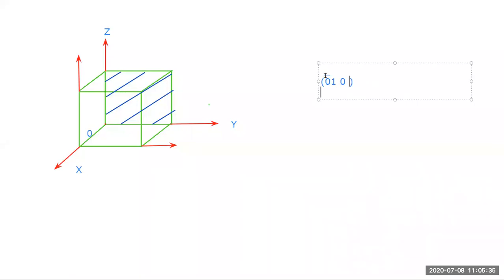Yes. So in that case, in which direction do you have to shift the origin? For 0 bar 1 0, in which direction are you shifting the origin? Y direction. Our original origin is here, so in the Y direction you are shifting the origin. Okay.